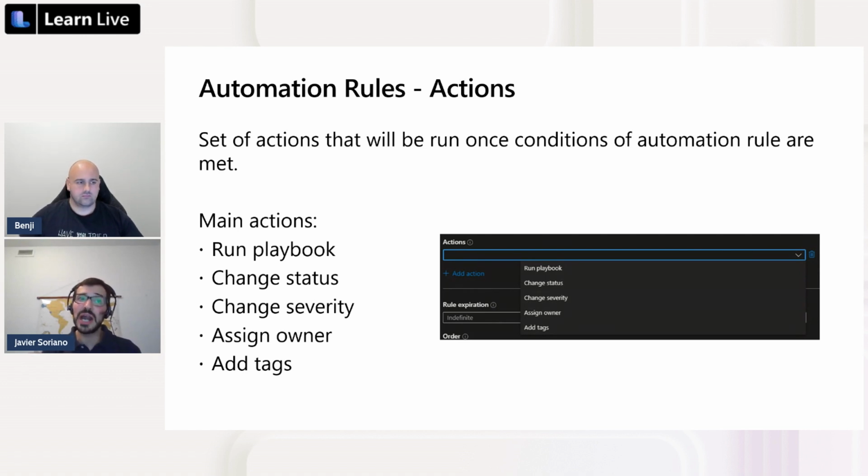And then you can do 4 other actions that are basically change the status of the incident. You can maybe say, okay, if the status is low, but I see that the entity that is affected is a VIP, is someone important in the organization, I want to make sure that the incident is raised to a higher status or severity, right? I can also change the severity, let's say to high if it's coming from low or medium. You can also assign an owner, a new owner to the incident to make sure that someone specifically takes care of a specific type of incident, right? Maybe you have a person in the team that always takes care of a type of specific incident. And you can also add tags, obviously. So these are the main actions.